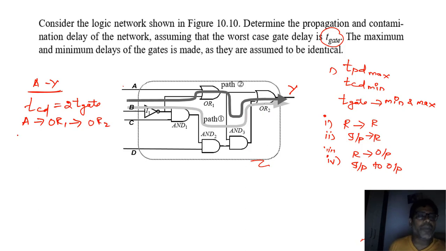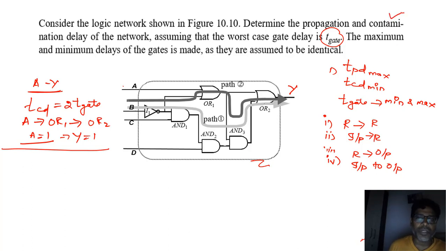Say for example, if I take A equal to 1, irrespective of what B, C and D are, A will make the output of this particular OR gate 1, and definitely it will make the output of OR gate 2 also 1. So without any dependency on the remaining gates or remaining inputs, when I make A equal to 1, you can directly say Y equal to 1. So the path also will be from R1 to R2. So this is very clear, and we have found out what the contamination delay is. So this portion of my question is over.